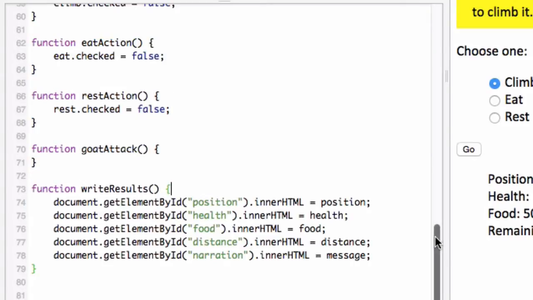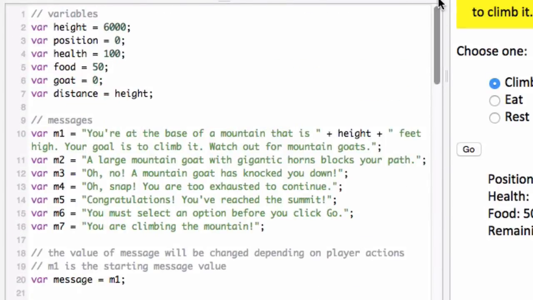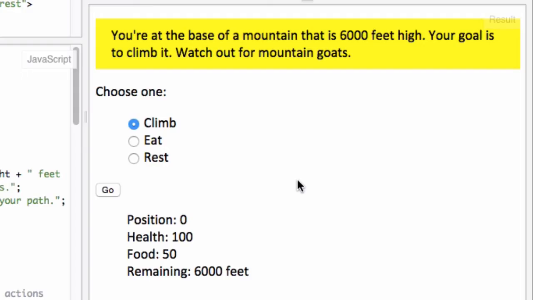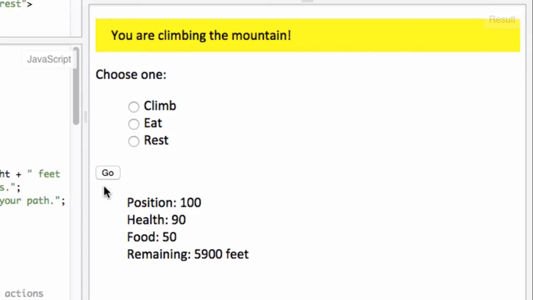And we'll go over the code in just a moment, but before we do that, let's see how things work in the result pane over here on the lower right. So if I have climb selected and I press go, watch what happens below the go button. Okay, so I've clicked, and now my position is 100 feet higher. My health is 10 points less. My food stayed the same, and my remaining feet to climb is less by 100, which happens to be the